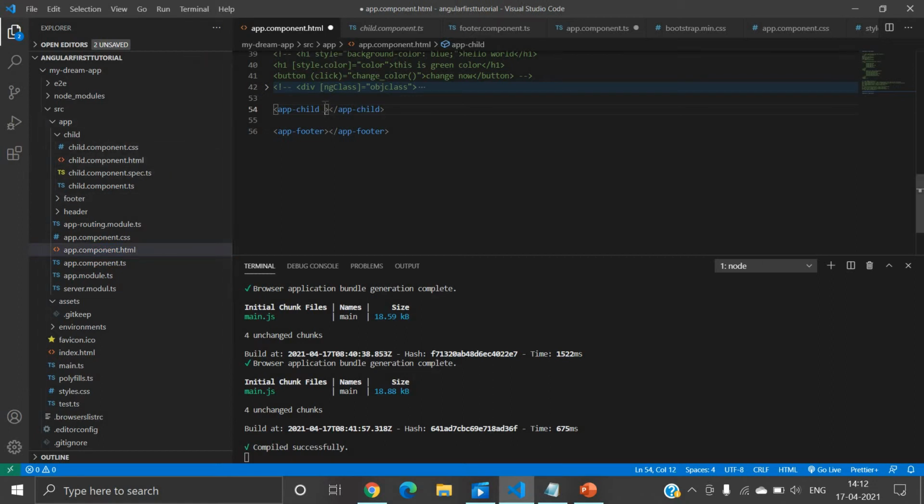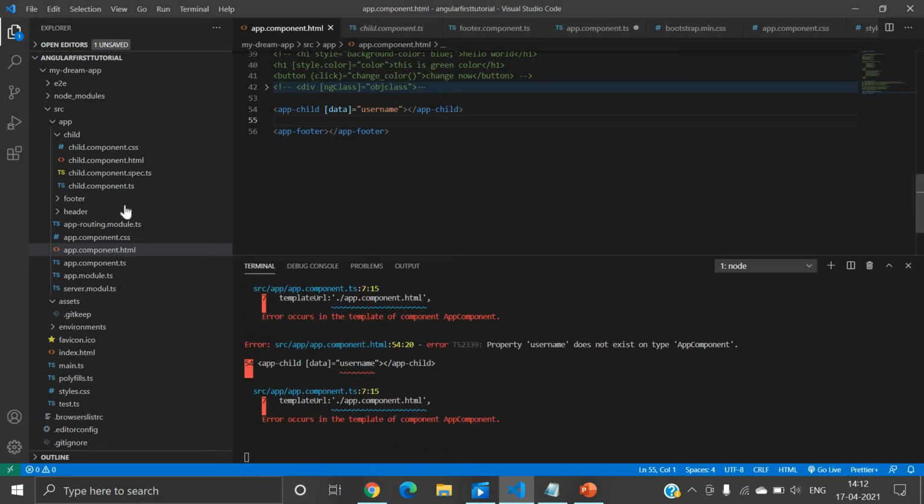Here we will use property binding, and you can write any name, let's say data. Inside this data I will write username, passing username by using property binding. After that I will save this file.